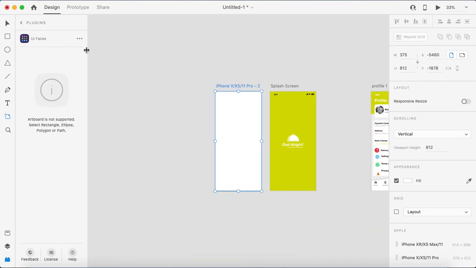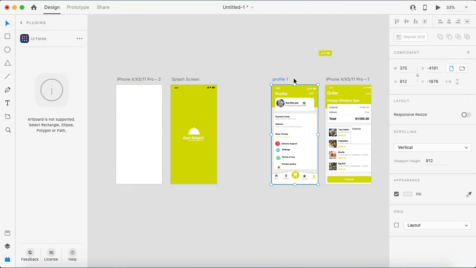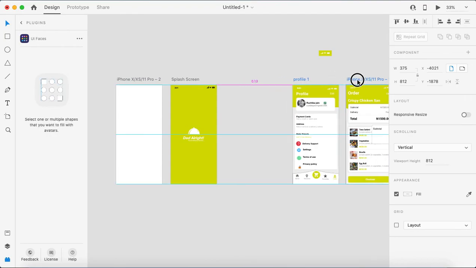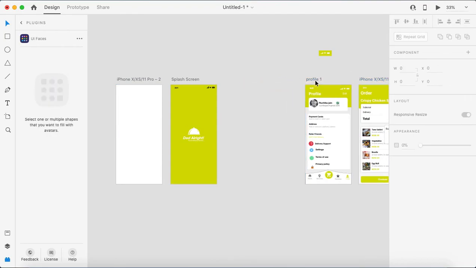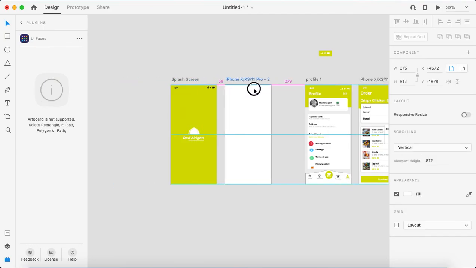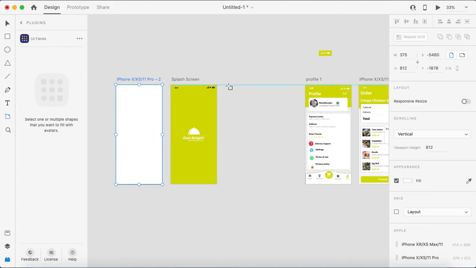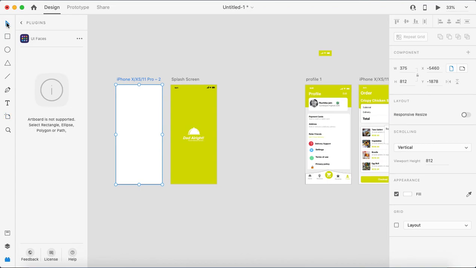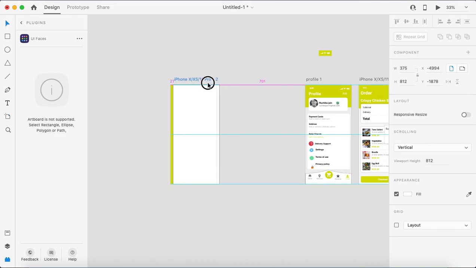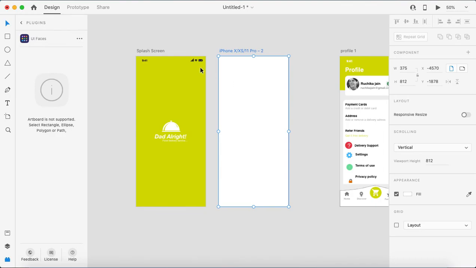Second thing, I have seen in your design, you have placed one artwork somewhere and another artwork somewhere else. Always keep them the same size. I'll make it, for example, 70. Always use them in the same sequence, 1, 2, 3.